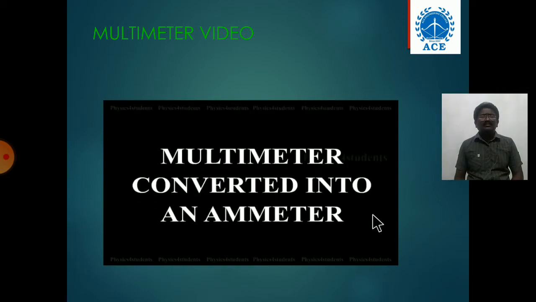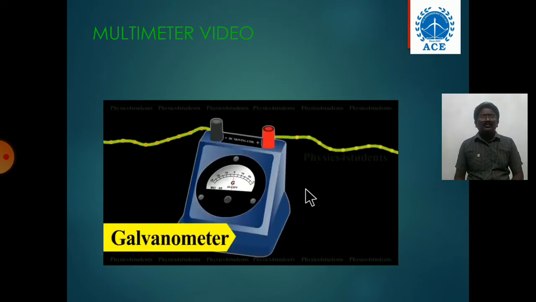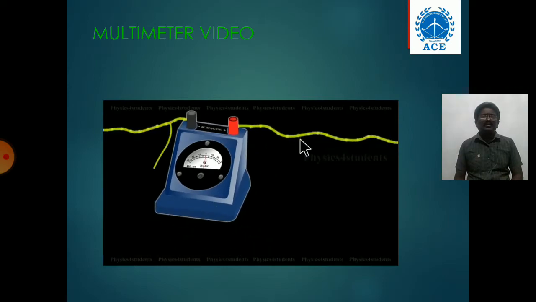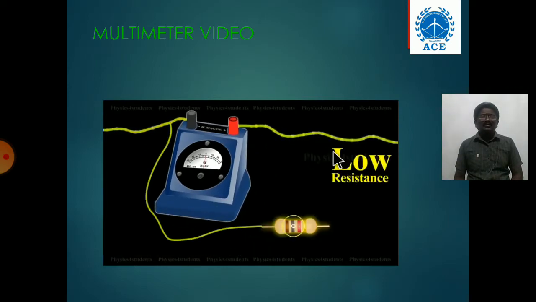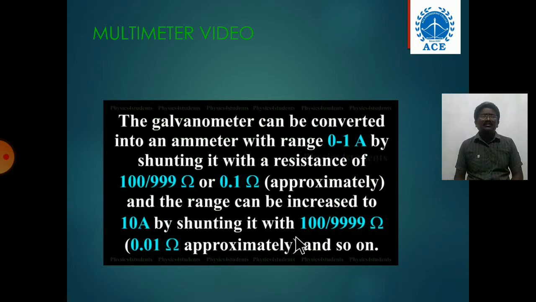How can a multimeter be converted into an ammeter? The galvanometer is converted into an ammeter by shunting it with a suitable low resistance, with connections for each range like this. For example, the galvanometer can be converted into an ammeter with the range 0 to 1 ampere by shunting the galvanometer with a resistance of 100 by 999 ohms,